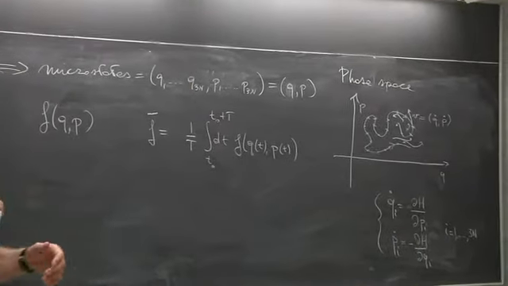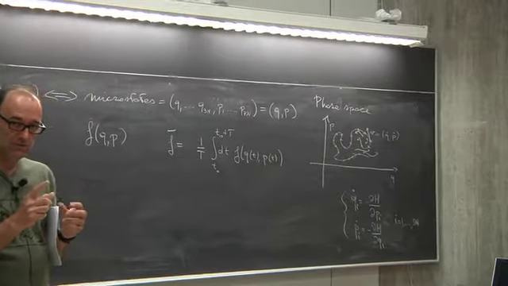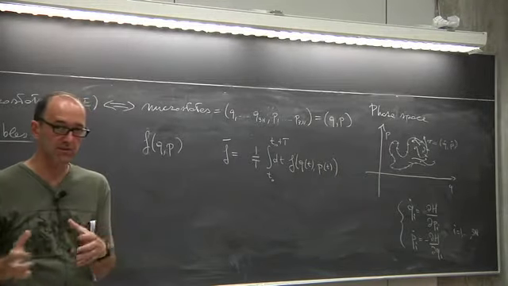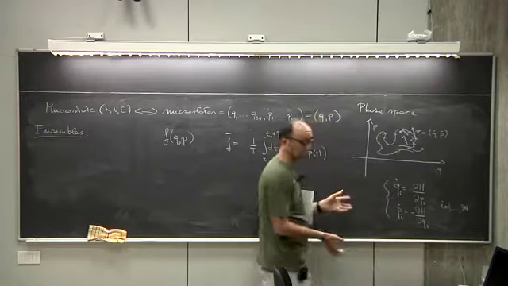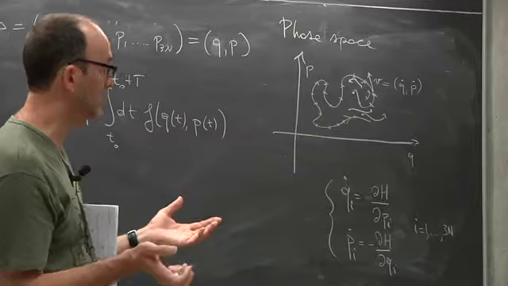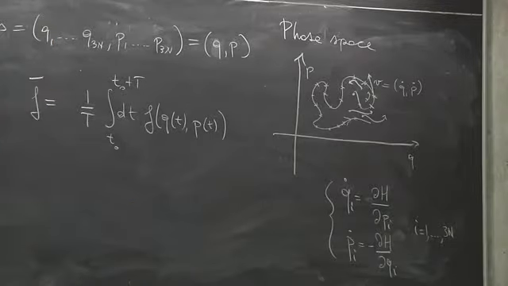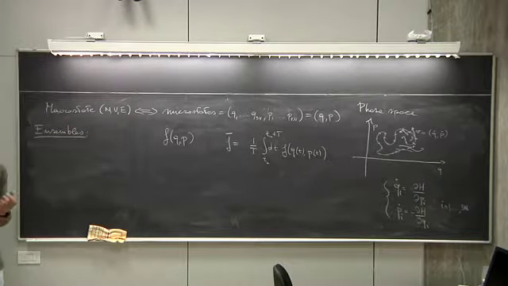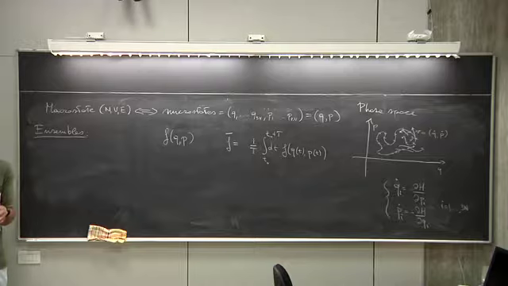So you imagine, instead of following just one system, having a very, very large number of identical systems, which move according to these equations. They will generally be systems with different initial conditions. And this is the concept of ensemble, okay? An ensemble is a collection of many, many points in the phase space.